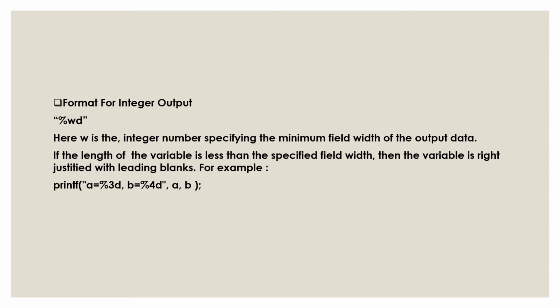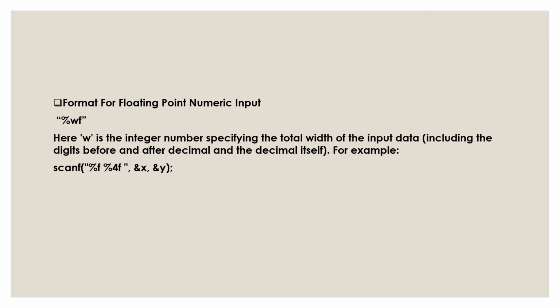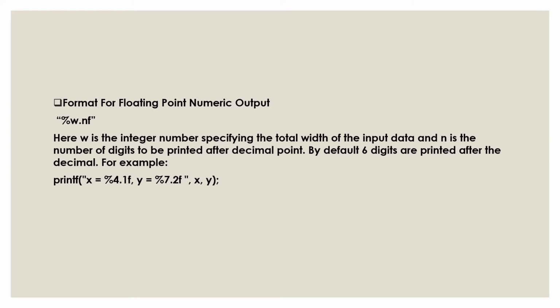And similarly, we can directly print a value using the printf function. For float numbers, we use f instead of d and everything else remains the same. For numeric output, we use %.nf instead of just f. Here we can also give the width of the number which has to come after the point.